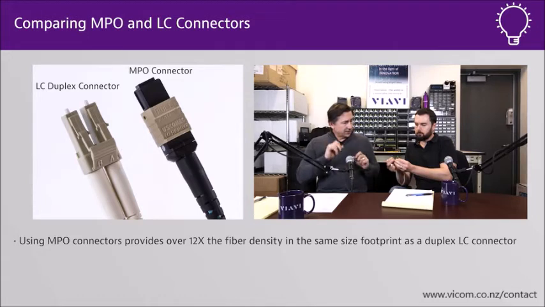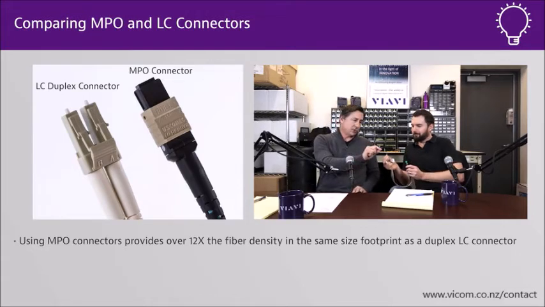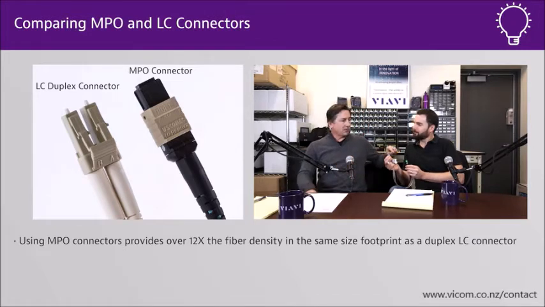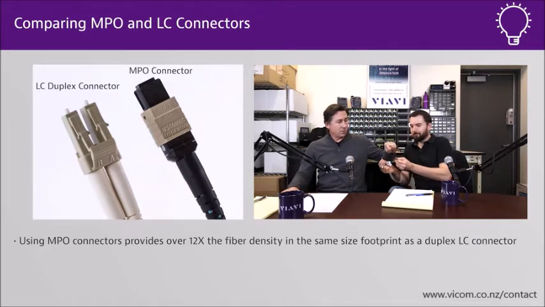The other thing that's going on is that there is one fiber on an LC, a small 125 micron fiber at the center of that ferrule. There are 12 or 16 or 24 fibers on an MPO ferrule. So